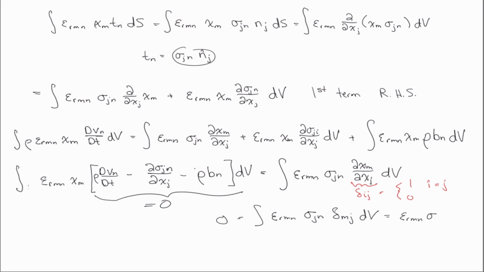So you see the repeated indice is j, right? And so in the first term, I can replace j with m and get rid of that Kronecker delta function. It doesn't do anything,